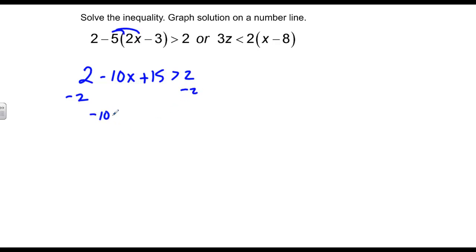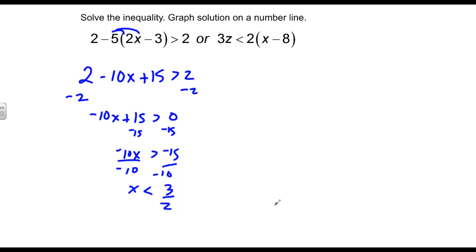I get negative 10x plus 15 is greater than 0. Subtract 15 from both sides. I get negative 15 is less than negative 10x. Divide both sides by negative 10. X is less than, because I'm reversing the inequality since I'm dividing by a negative,